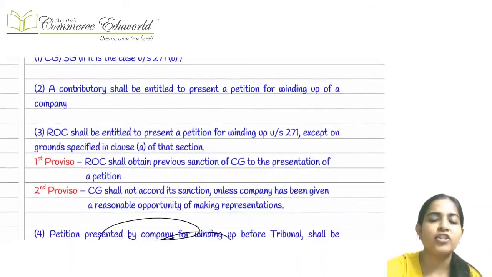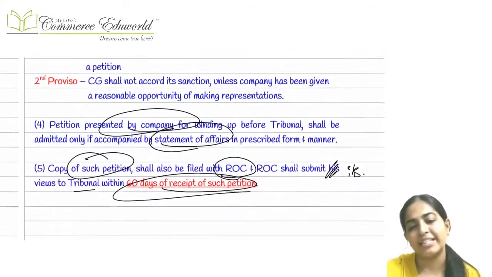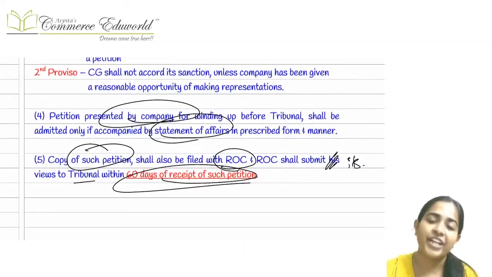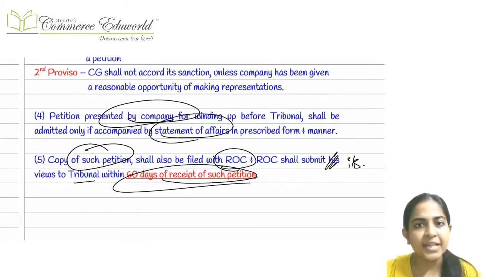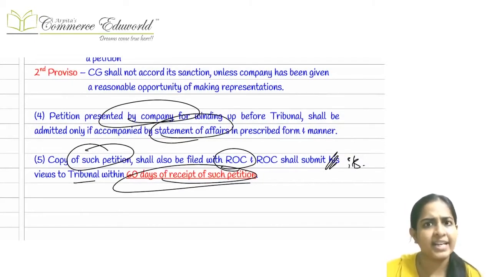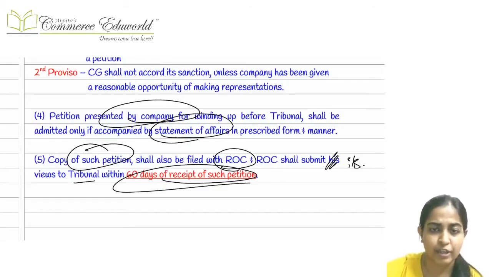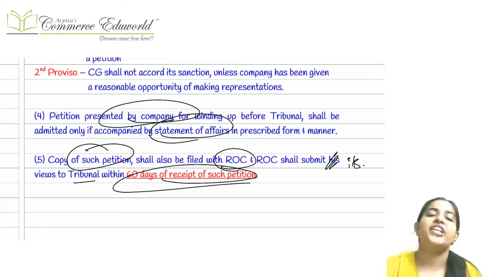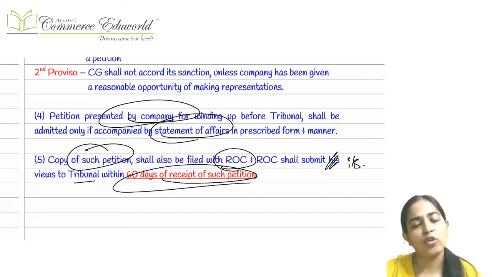Okay, now by this time you would have understood who all can go and file a petition before the tribunal. The company can go and file a petition, or we can say the shareholders if they pass a special resolution. The ROC can go and file a petition. The central government or the state government can go and file a petition, etc. These are the people who can go and file a petition before the tribunal that yes, we want to wind up this, or we wish that you can wind up this particular company.